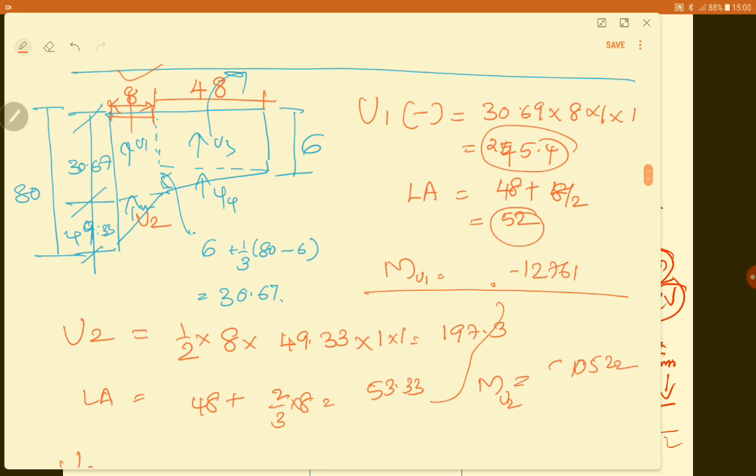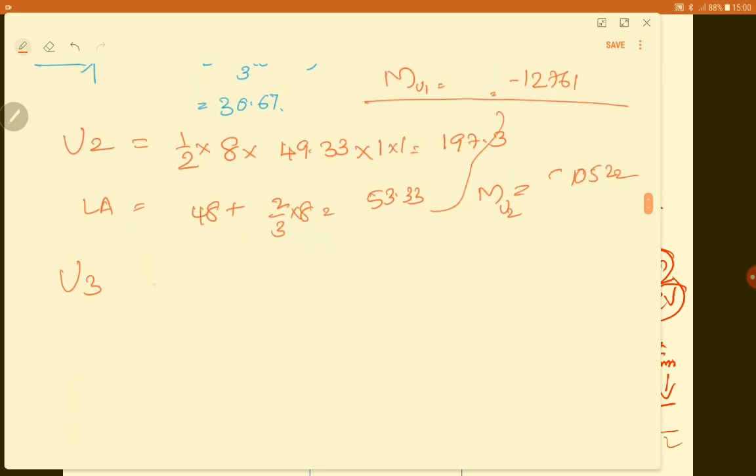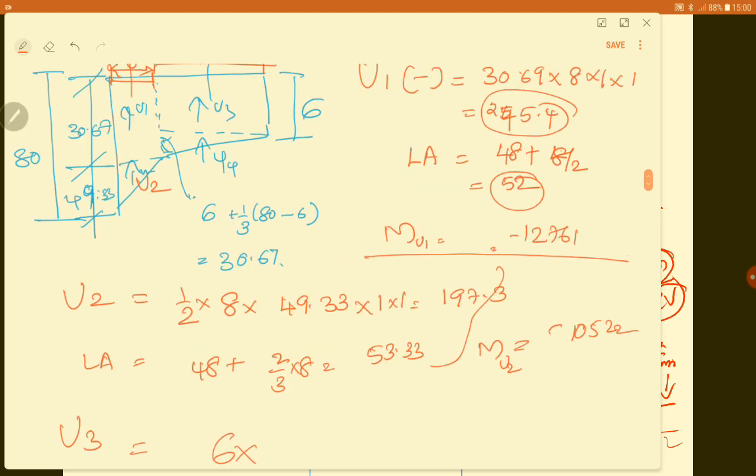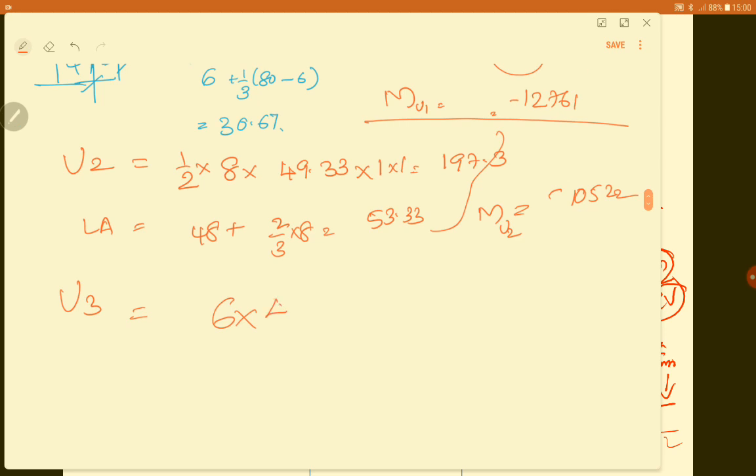This rectangle will be equal to 6 meter. That is 6 into, what is this length? This is 6 meter. This length is 48 meters. Into 48 into 1 into 1, that is equal to 288.00. What will be the lever arm? Lever arm will be equal to 48 by 2, that is 24. Multiply, you will be getting the moment as M due to U3 is equal to